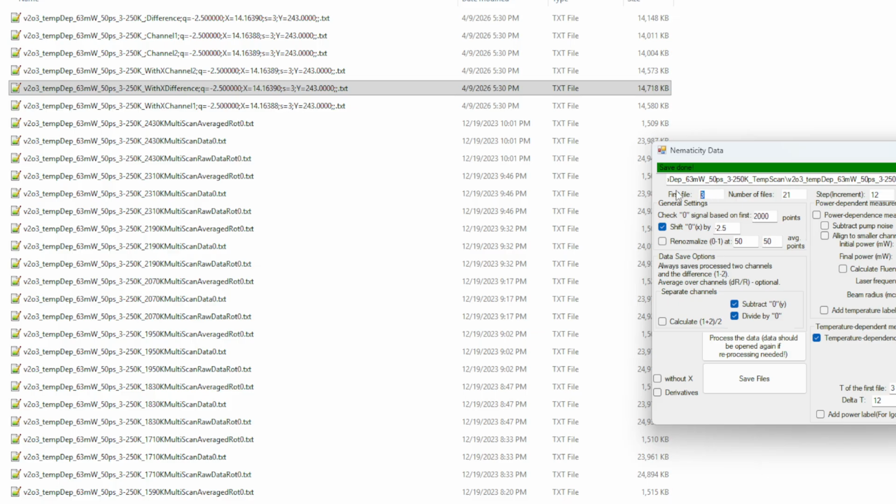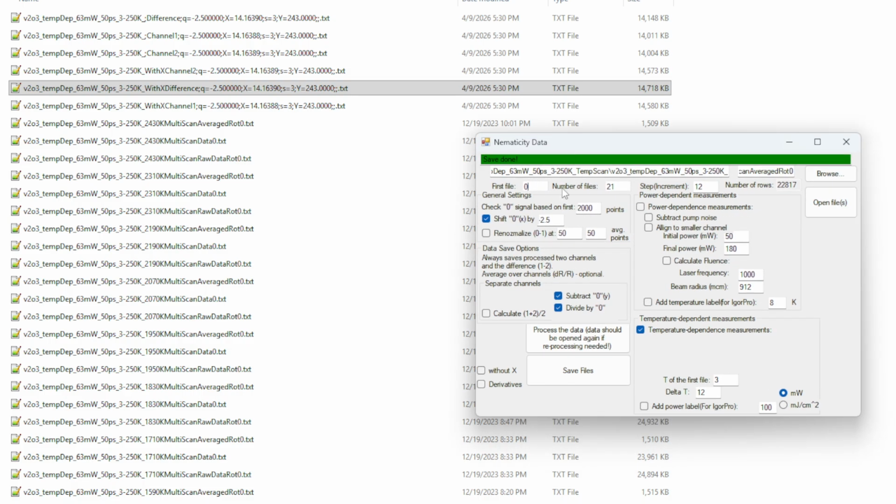Then the first file, the number of the counter: if it's temperature 3 kelvins, it's 3; if it's rotation 0, it's 0. And then the number of files, how many measurements there were per measurement set, 21, 41, depends. And the increment is added for temperature measurements specifically. For power measurements, it's usually 0, because every next rotation is a new